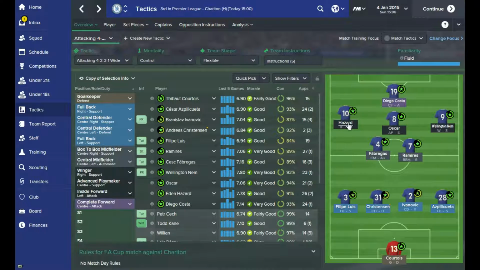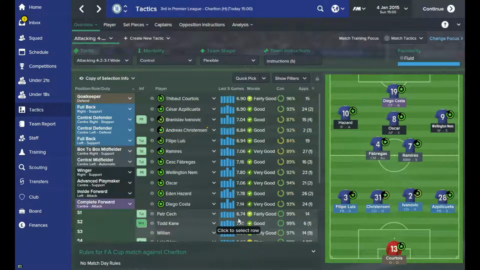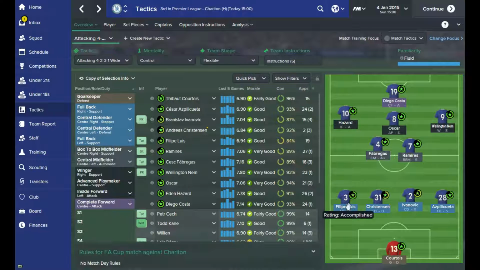If Eden Hazard was more of a player that would get stuck in, I don't know, maybe a William type player. So William, although his tackling attribute's 7, you're more likely with his work rate and pace to see him tracking back a little bit more, and actually helping out with the more defensive side of the game. So that can actually release your fullbacks. But for the purpose of me showing you how you can utilize your fullbacks,